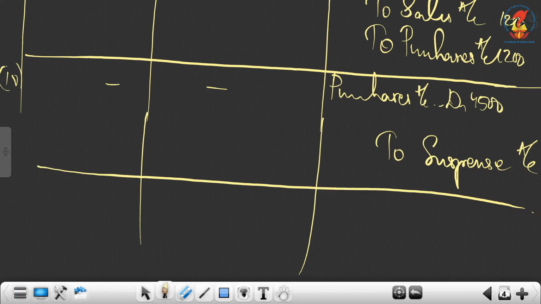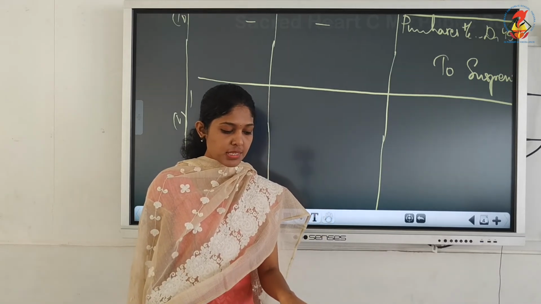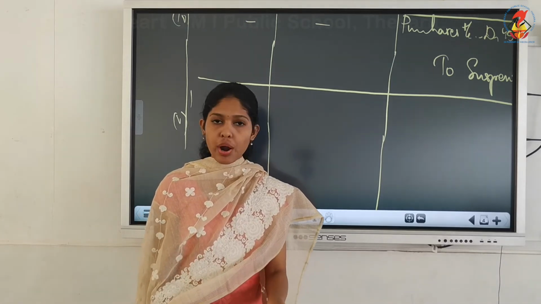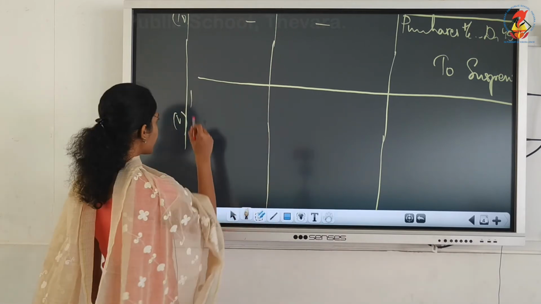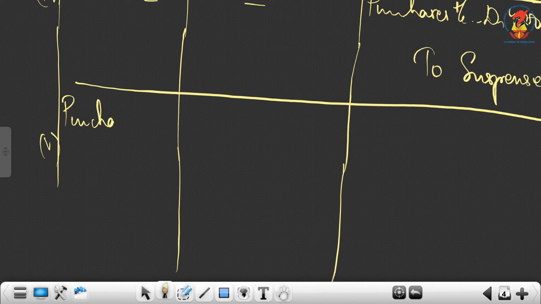Credit. Yes, so here purchases we have made for rupees 1,040, but we recorded it as 1,400. That was the mistake we made. So the correct entry is purchases account debtor to, what is that person's name? Ramesh. So purchases debtor to Ramesh 1,040,